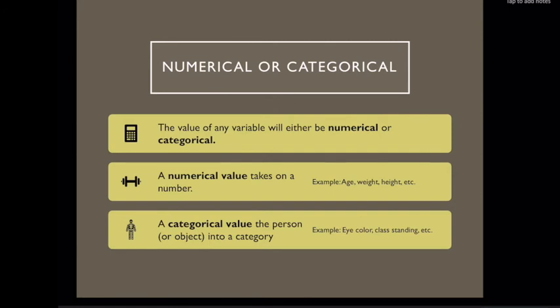Categorical value puts people or an object into a category. For example, eye color, blue. Class standing, final year PhD student. Freshman, sophomore, junior, senior, right? You put those into categories. They don't have a numerical value,